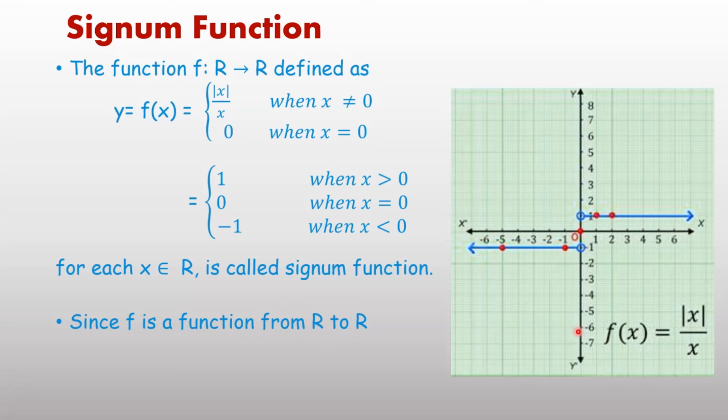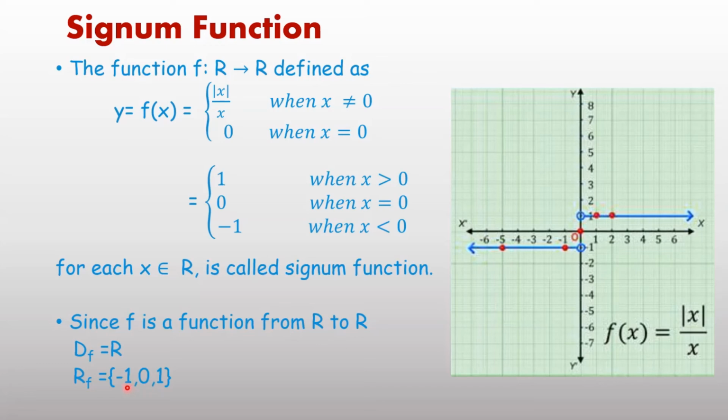But on the y-axis movement of the graph, with only 3 points you are getting 1, 0 and minus 1. That is known as range. The domain of this function is all real numbers. Range means values of f(x), and only 3 values of f(x) you will get: minus 1, 0 and 1.